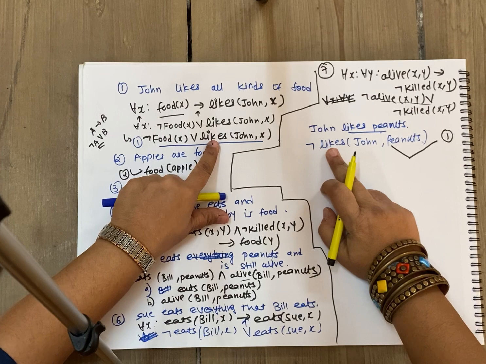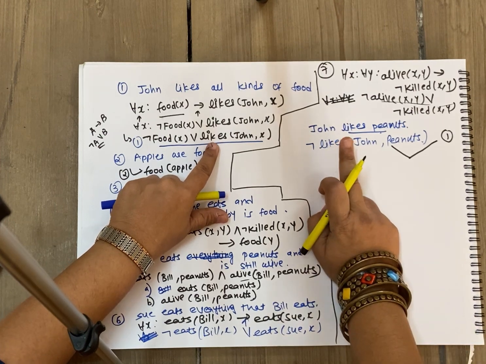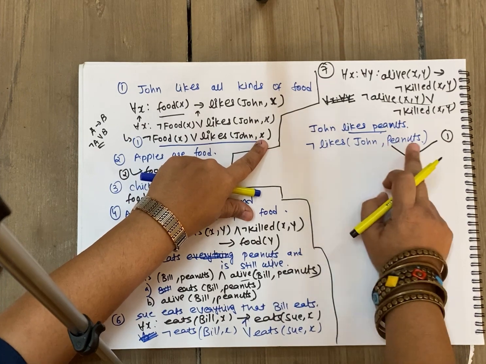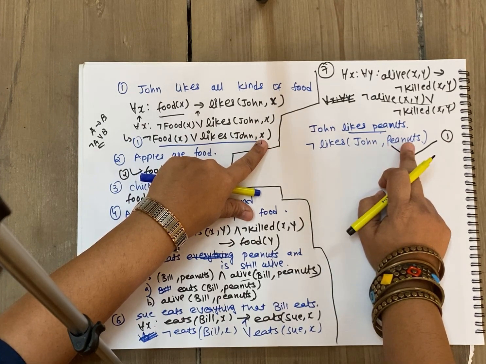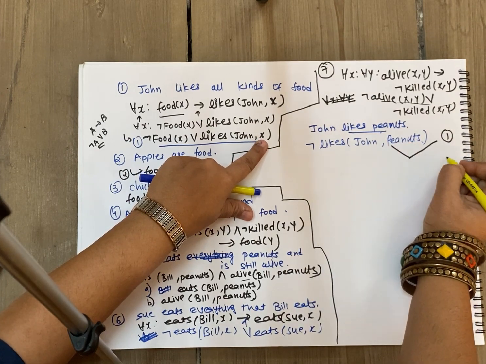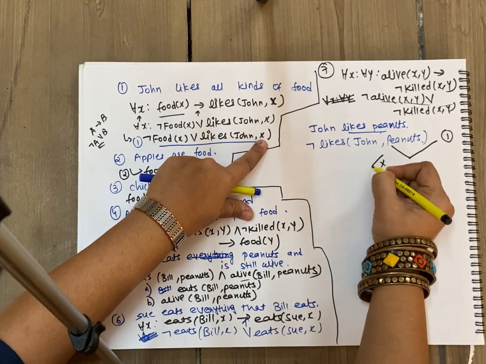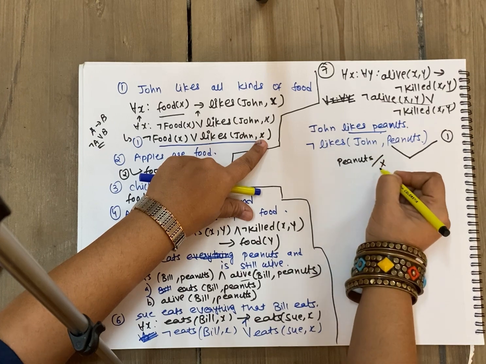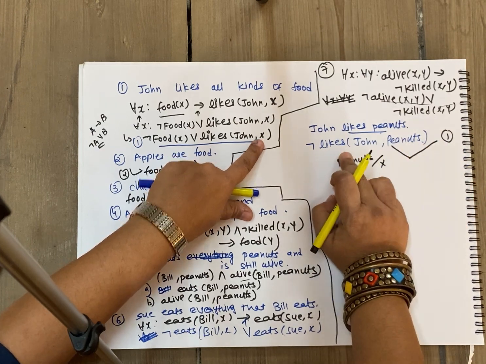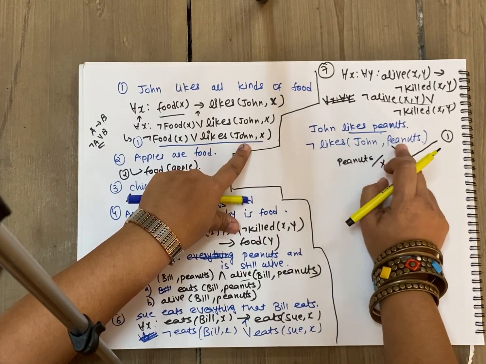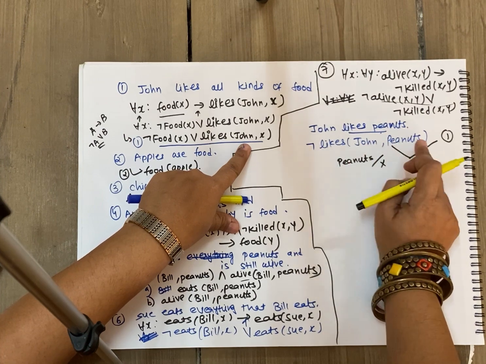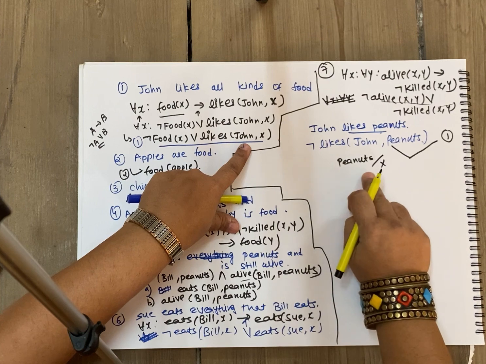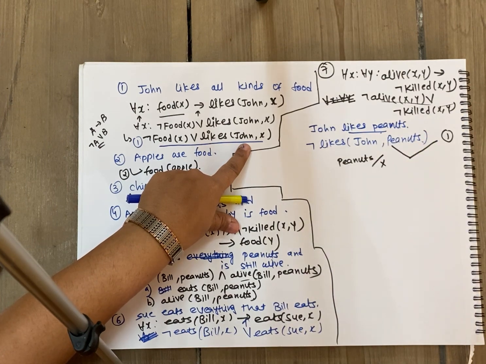Now what happens? Likes matches with likes. Unification needs to be checked. Likes matches with likes. Now John matches with John. But here x is a variable and it is peanuts. So what is required? Replacement. What is going to be the replacement over here? X should be replaced by peanuts. If the replacement is possible, then only likes John comma x can be unifiable with likes John comma peanuts. If you remember the algorithm, this is going to be written in S and later it is going to be appended to the substitution list.